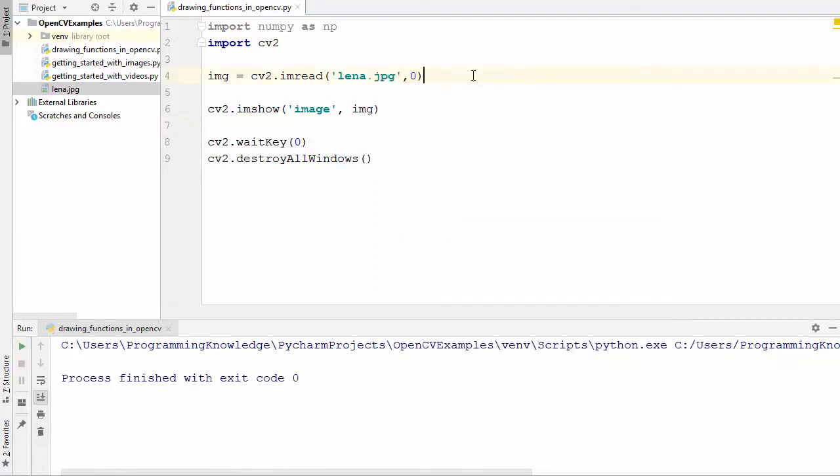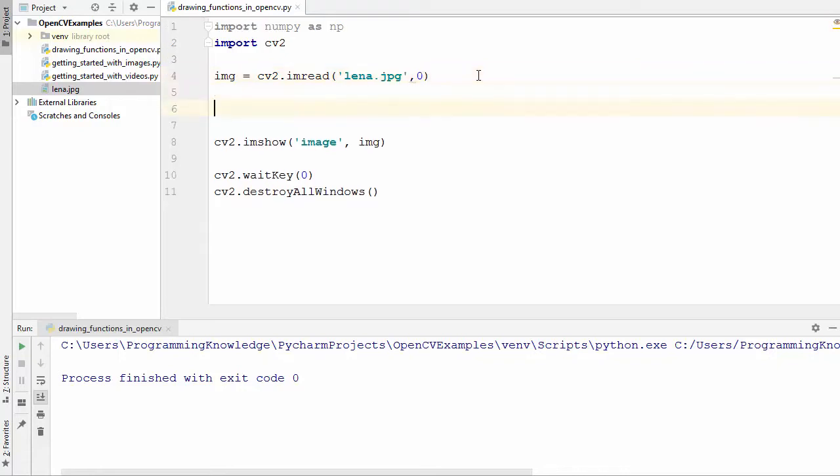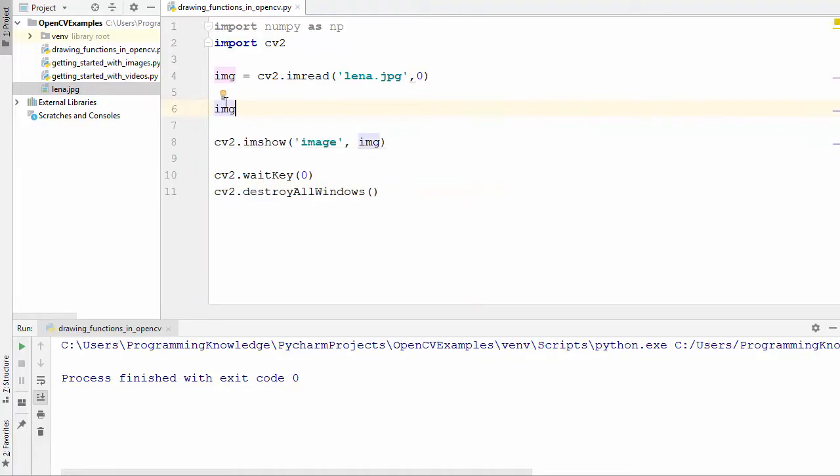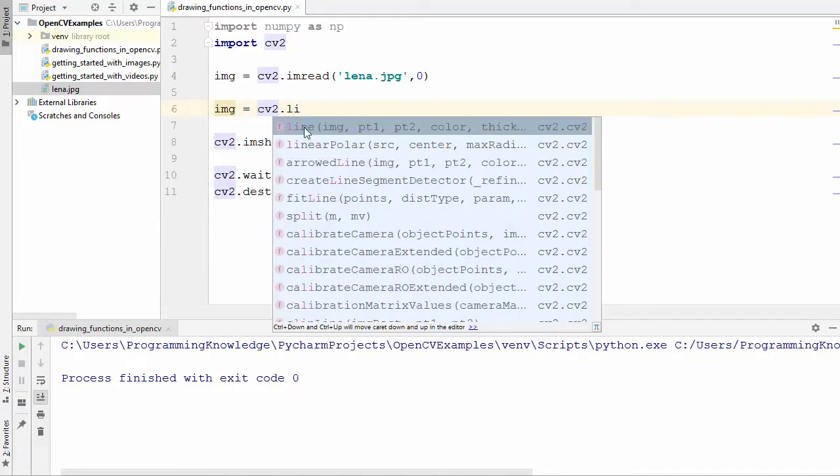Now let's say we want to draw some geometric shapes on this image. So to start with, let's learn how to draw a line on our image which we have read from this read function. So what we are going to do is we will overwrite this image. We have already created this image variable, so we will draw a line on the same image. So I'm going to just write img is equal to cv2.line,